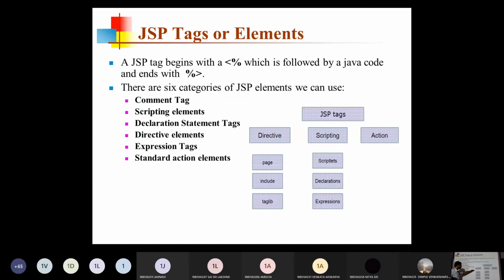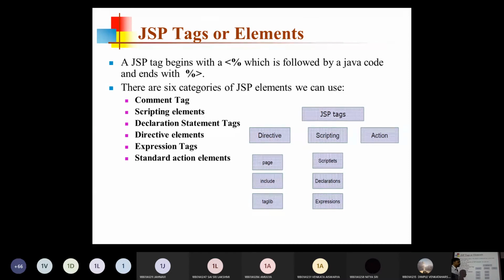In the directive category, we have page directive, include directive, and taglib directive. In the scripting tags, we have scriptlets, declaration tag, expression tag, and we have JSP action elements. In this way, the JSP tags are defined. So we will directly go to the JSP tag syntaxes.